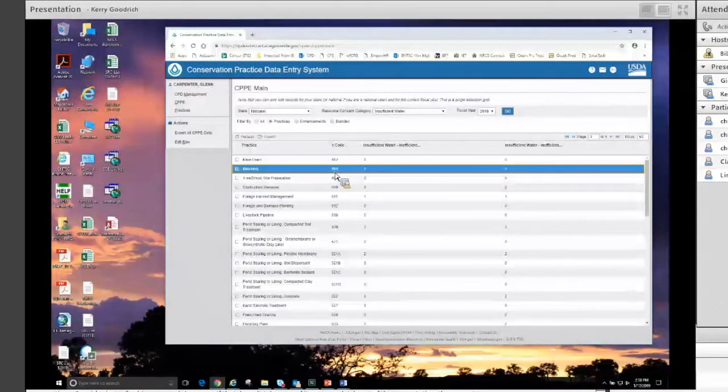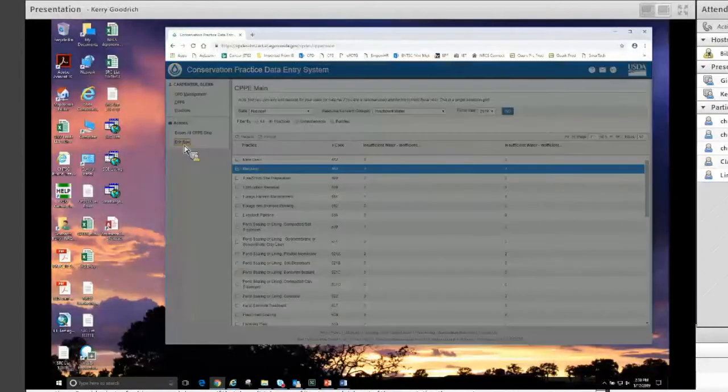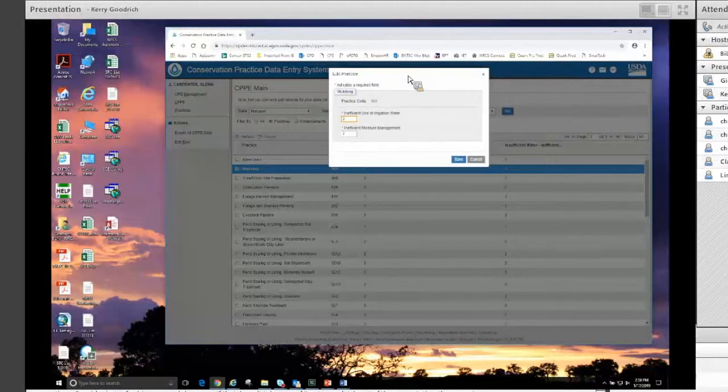Once I find 484, I'm going to click on 484, and then I click on Edit the Row, and it brings up a box that gives me the two resource concerns associated with inefficient water. And I can now make that change to whatever value I want it to be, hit